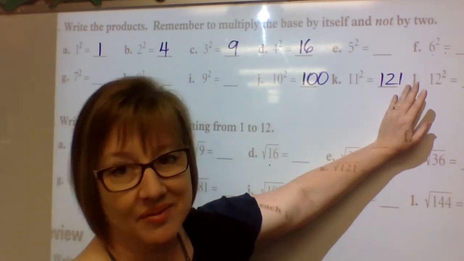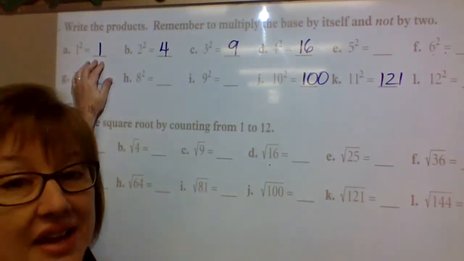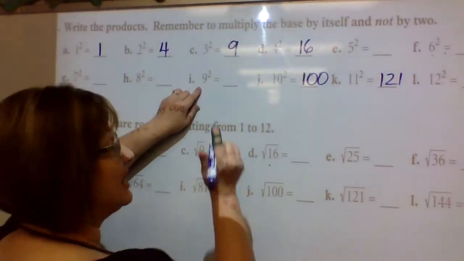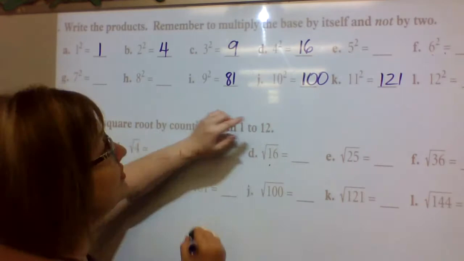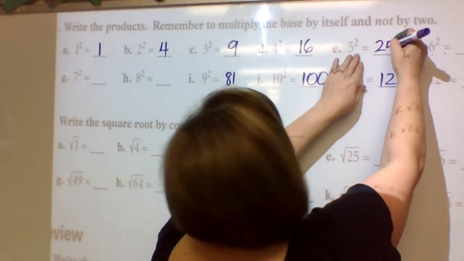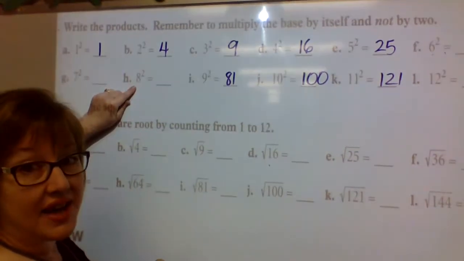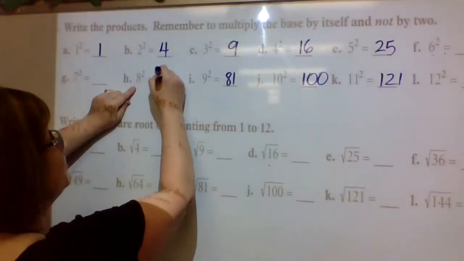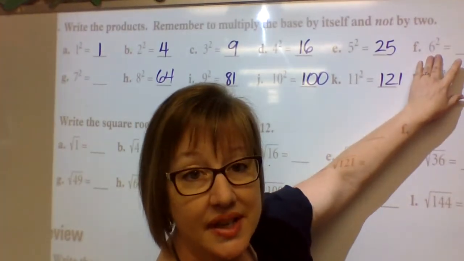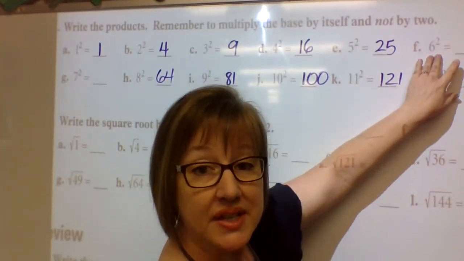That wasn't right. Well, now it's right. Okay, and good for you for figuring that out. 9 times itself, 9 times 9, 81. 5 times itself, 5 times 5, 25. 8 times itself, 8 times 8, 64. And I should be saying 6 squared, because that's what it's called. 6 squared, 6 times 6,